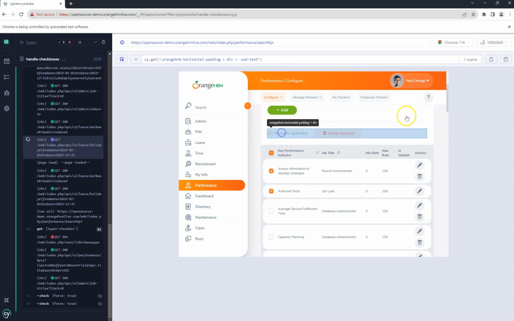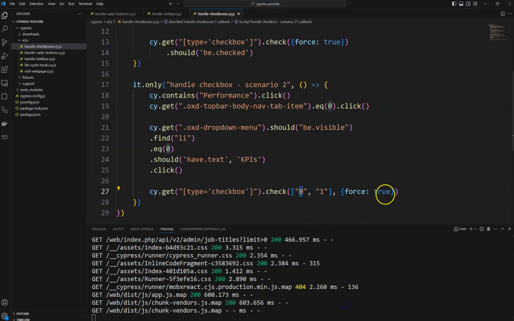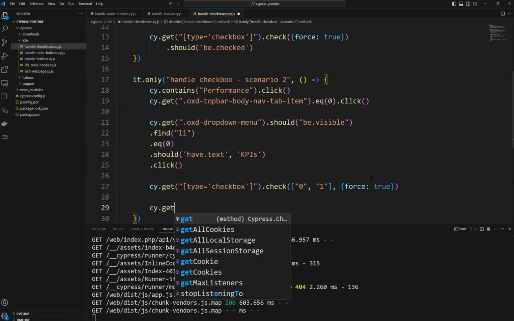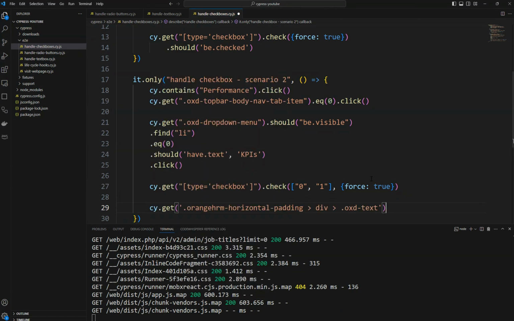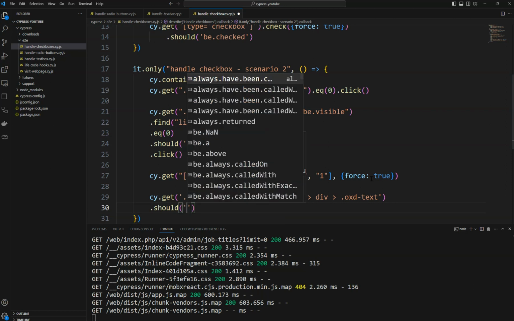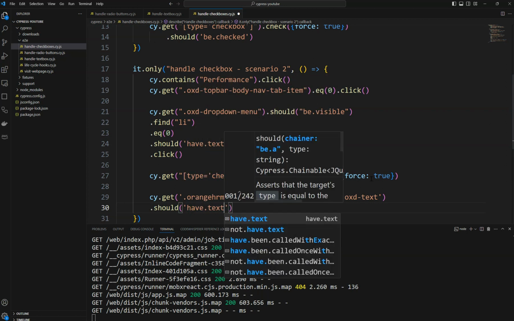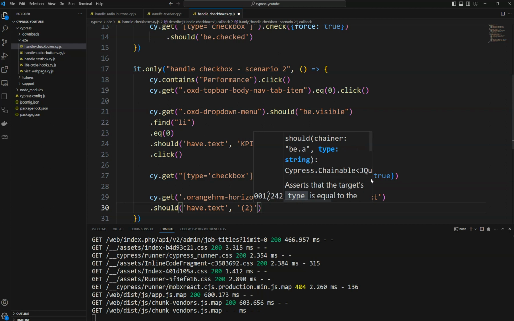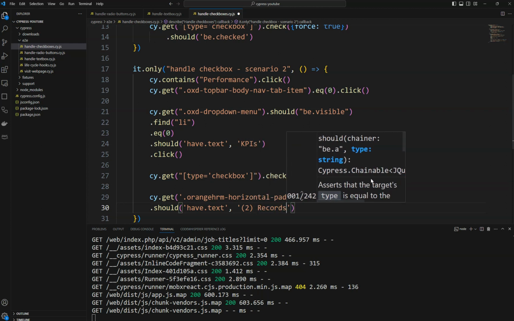I'm copying it, and then cy.get, no need to write, it's already copied. I need to validate the text there. It should have text in the brackets 2 records